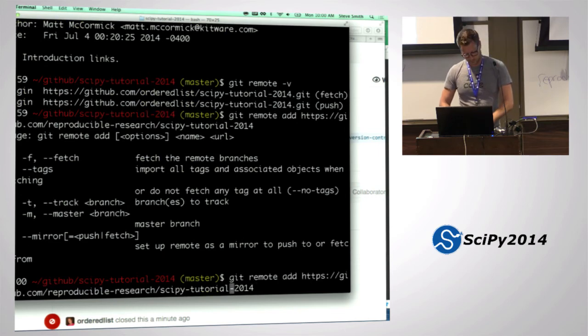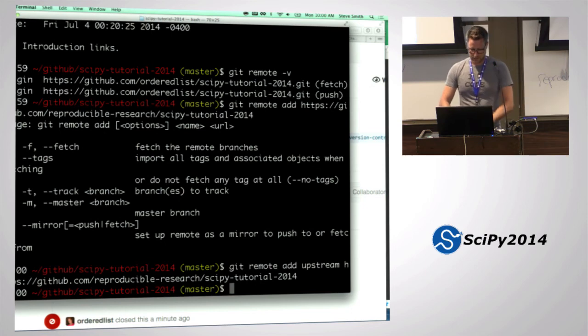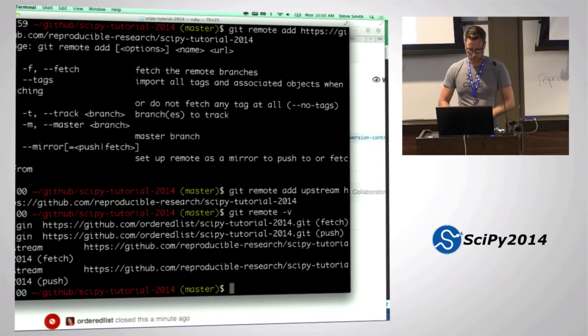Oops, I gotta name it. That's what I get for working too fast. Git remote add, the name of the thing, then the URL. Upstream is what I'm gonna call this. Okay, then if I check my remotes, I'll see I have my upstream